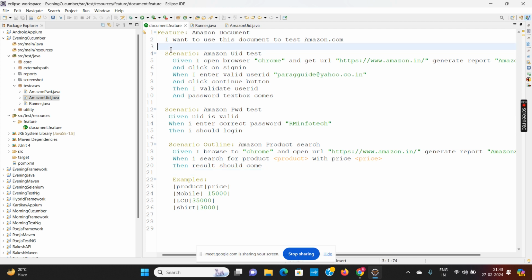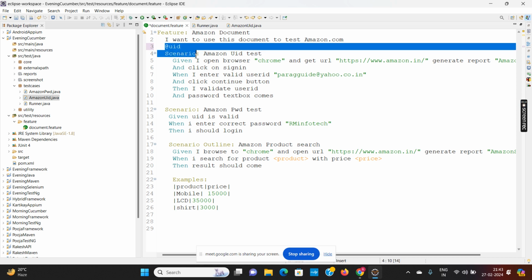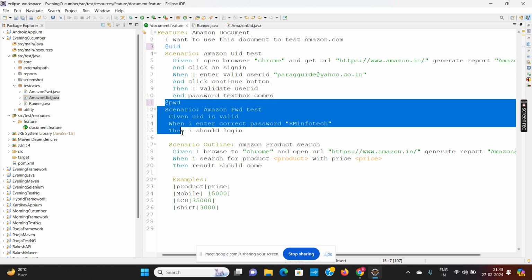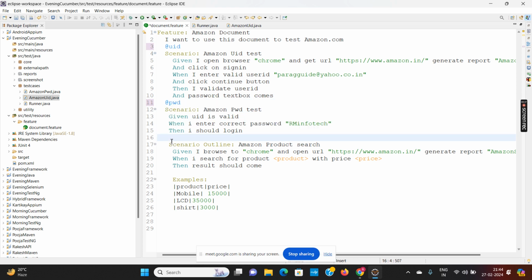For that I can add a tag, @, any name you can give, for example UID. So this scenario is tagged by the name UID. This scenario I can tag by the name PWD, and this scenario you can tag by the name, say, search.